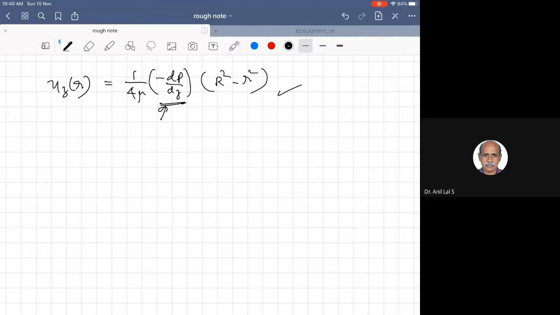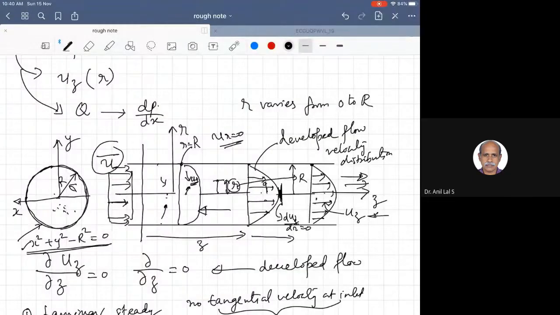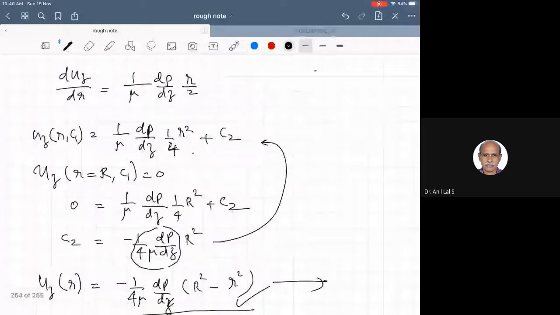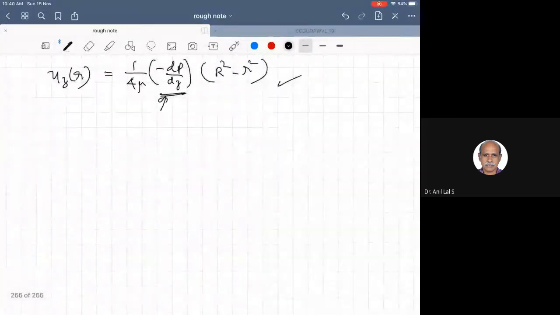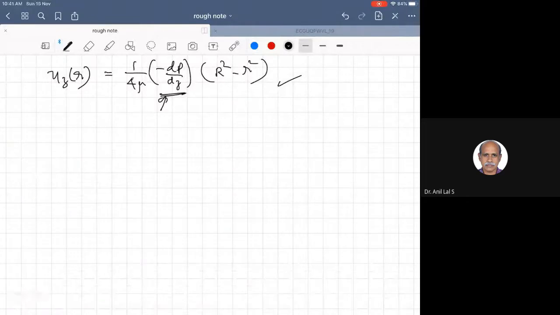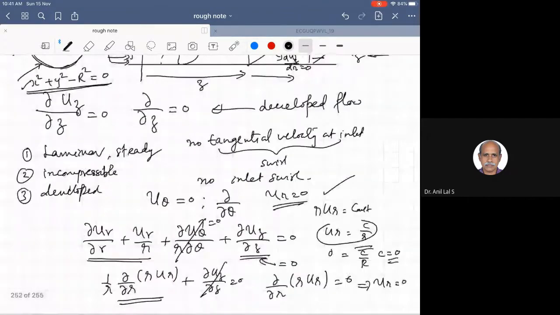Now let us find out what is the average velocity, or the uniform velocity at the inlet. For that, the continuity equation you can apply. So let us find out the discharge. Discharge at any point will be equal to a constant. To find out the discharge, what we do is, so we have